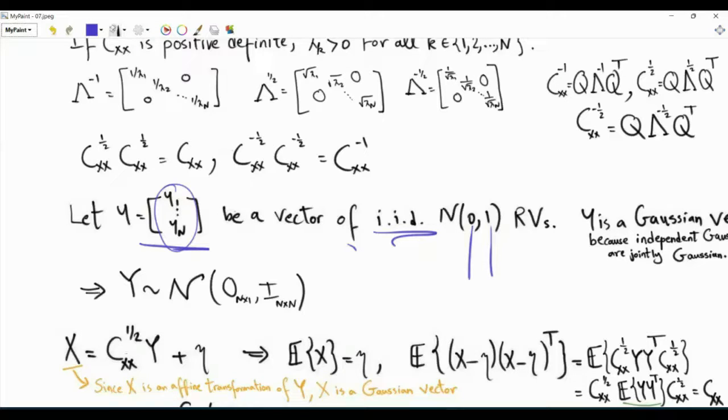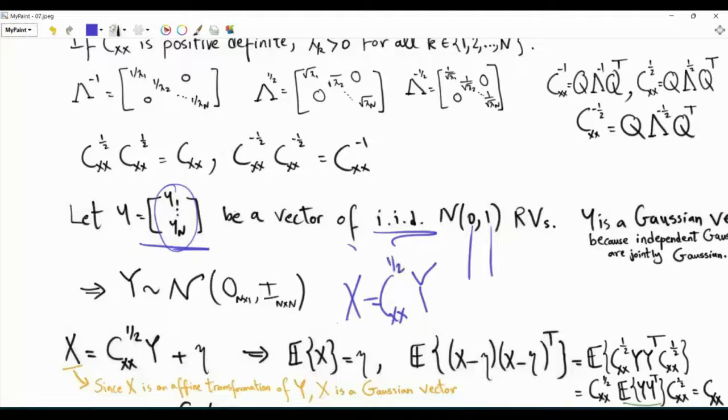Now write down x in this particular way. x is an affine transformation of y. We take y, a column vector with n components, and multiply it from the left by an m by n matrix. It is basically the square root matrix